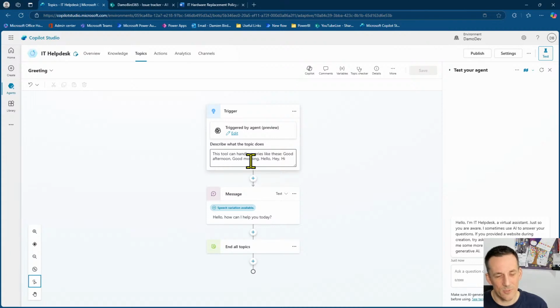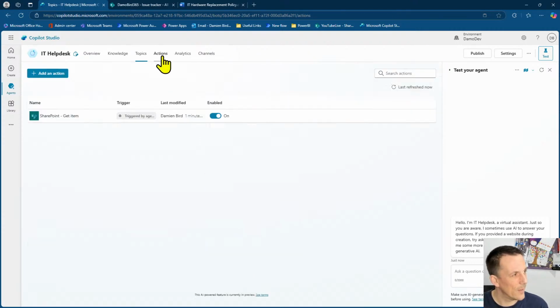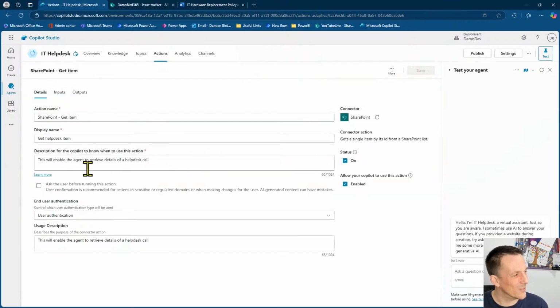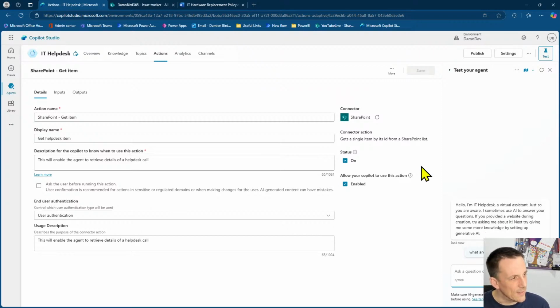And this is where the description plays a big part in many places across your agent now, because the language model is going to use these descriptions to dynamically select either topics or, hopefully in my case, my action. And that's why in the action I have suggested that it will enable the agent to retrieve details of a helpdesk call. So if this works first time, it'll be magical. But if I ask what are the details for my helpdesk call 4, what we should see is, because I've